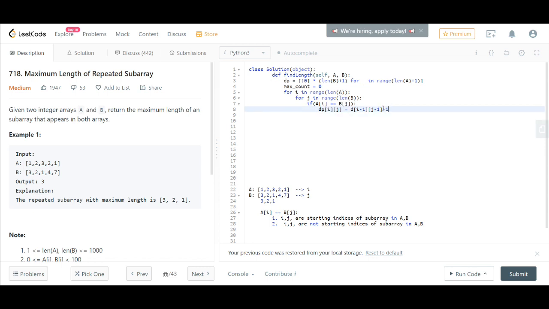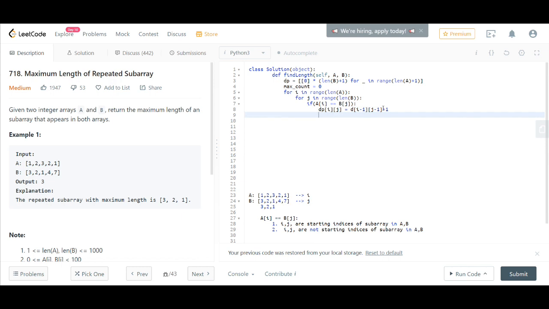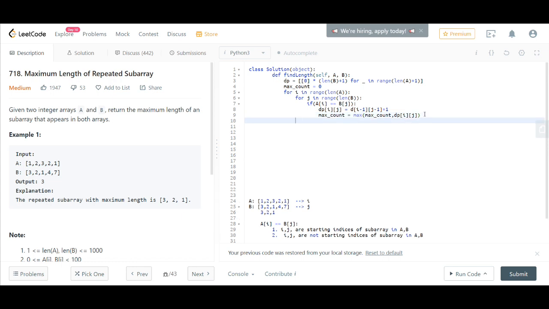And for every addition, I'll be updating my max count value, whenever we get a dp of I comma J value that is more than the max count value. After that we'll be simply returning our max count.